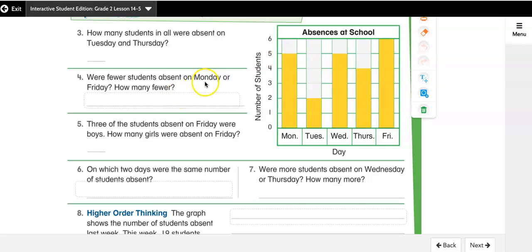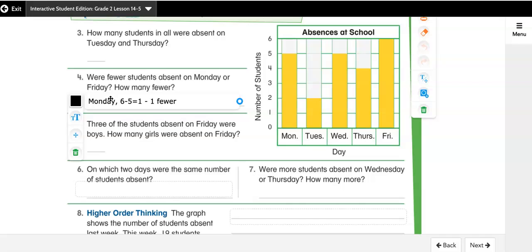So were fewer students absent on Monday or Friday? Well, fewer students were absent on Monday, and I know that because 5 is fewer than 6. But then it wants to know how many fewer, so I need to compare those numbers. Well, Friday there were 6. Monday there were 5. So I'm going to do 6 minus 5 equals 1. So then I can say that there was one fewer